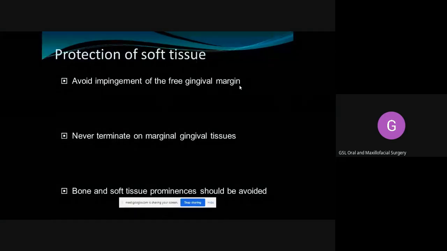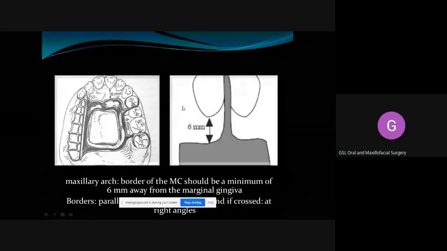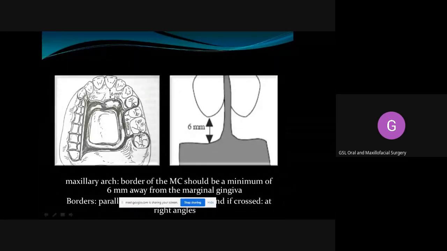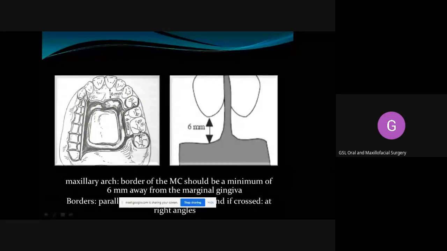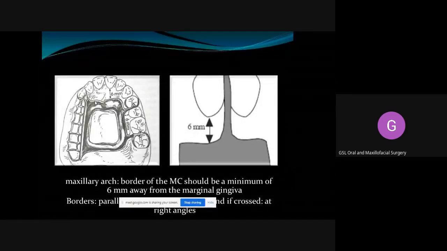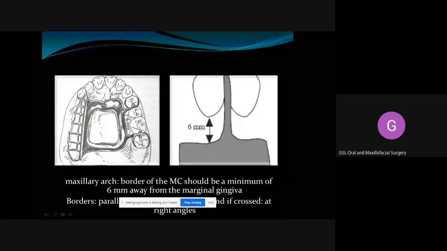So now if you consider this, see, it has to be far away from the adjacent structures. And also this anterior part should not be covering over the rugae area. As far as possible, we are supposed to see that it is not going to encroach over to the rugae area. And also there should be sufficient amount of